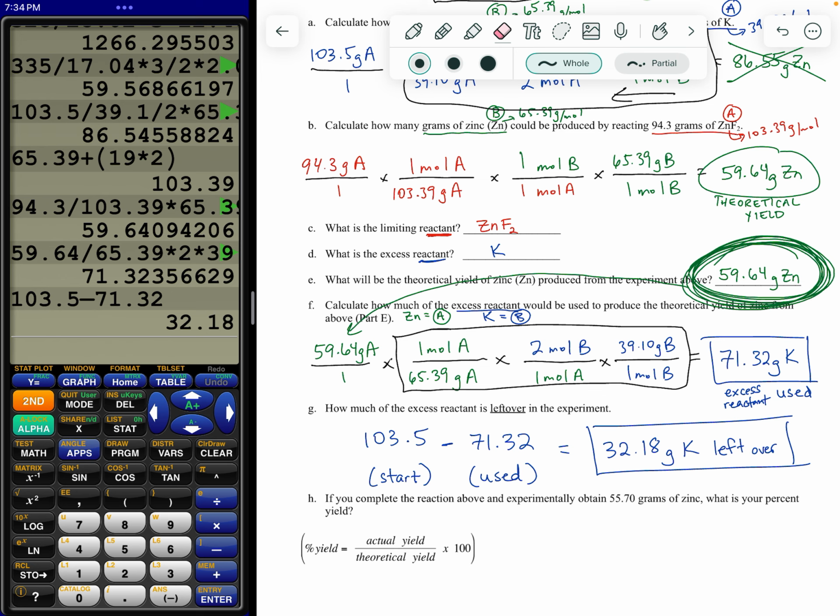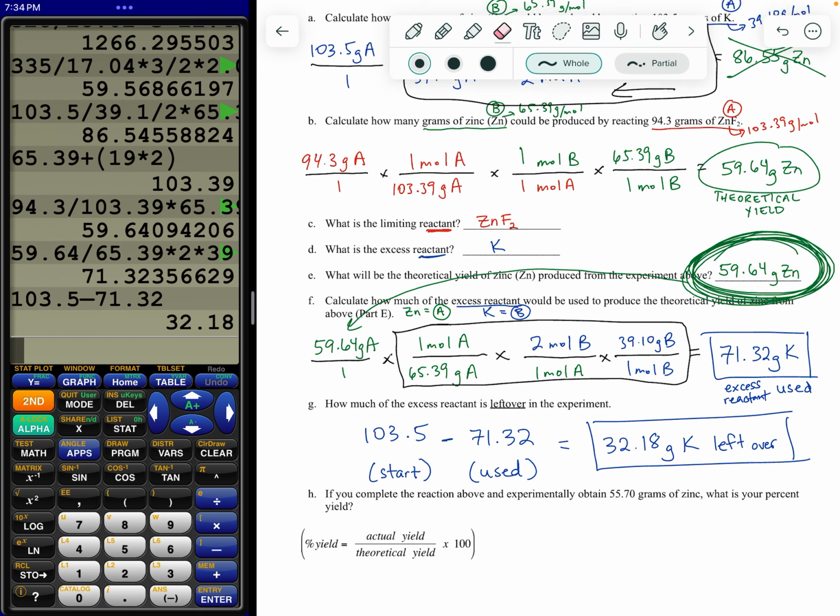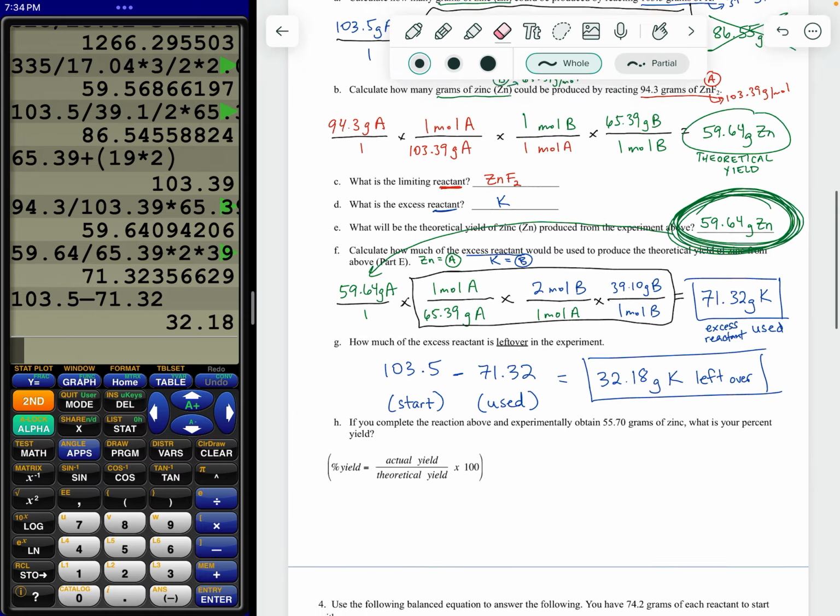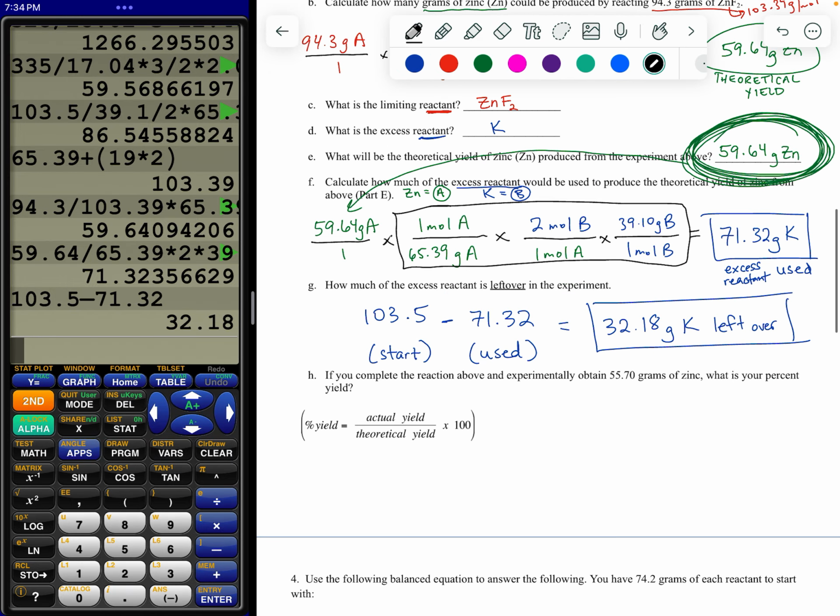All right, but really all we're doing is going from our theoretical yield of zinc, our product, to the amount of excess reactant that we actually used. And then the last step, of course, is identifying if we actually have 55.7 grams of zinc. Looking at the reaction above, we can figure out the percent yield,